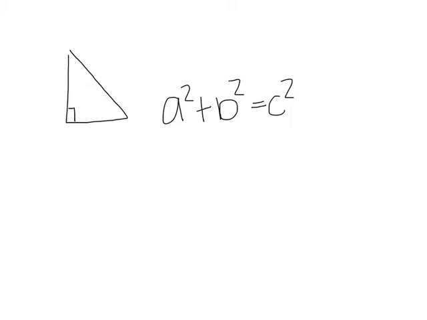But in order to use this formula properly, we would need to understand the different components. So if I were to look at A and B, those two variables represent the sides of the triangle, which we call legs. Now the legs of the triangle are those sides that are coming out of the right angle. It doesn't matter which one we call A and which one we call B, so we'll label this side A,